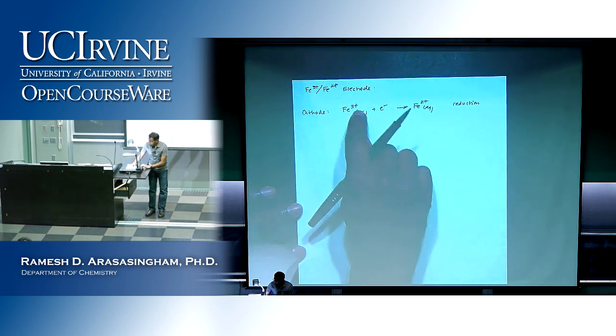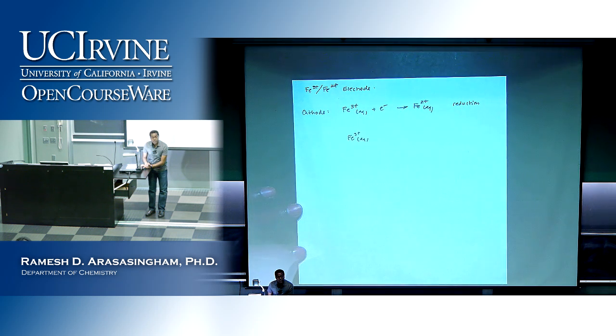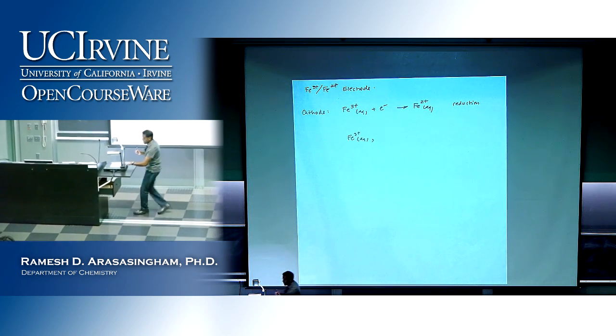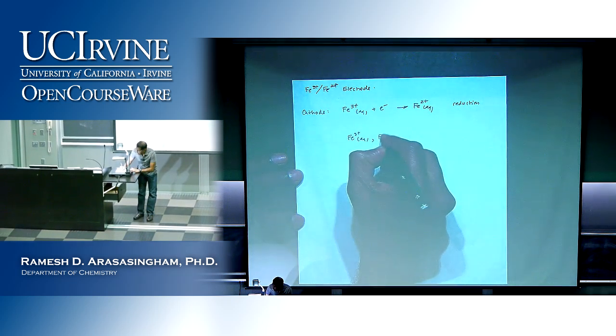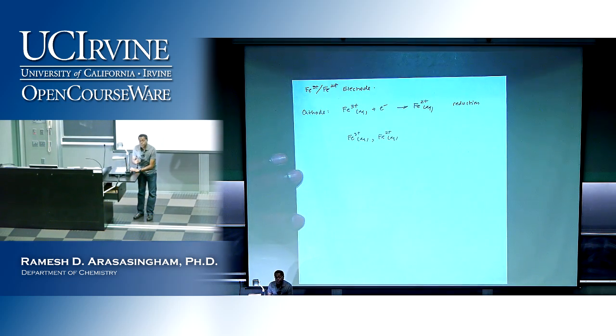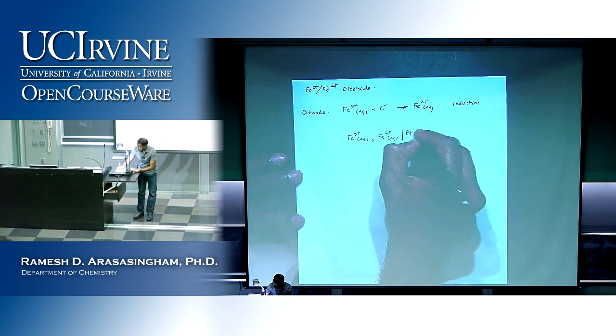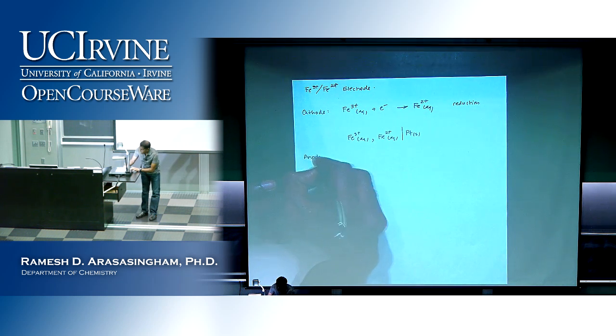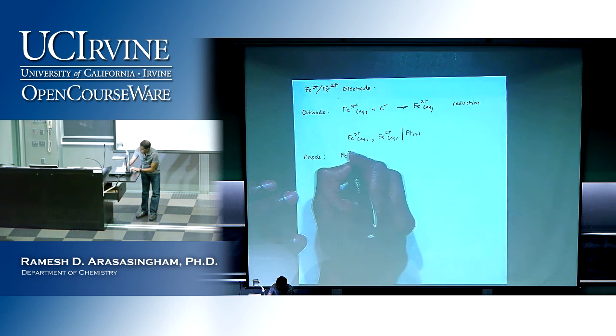Okay? Now, if you look at this, there is no change in phase. They're both aqueous. They're in the same phase. Therefore, when you have the same phase, you use a comma to indicate that. You only use a vertical line if you have 2 different phases. Okay? So I'm going to use a comma there, and then I'll have Fe2 plus aqueous. Now I have a change in phase because I'm going to bring the platinum metal, and that's what this would look like. Okay? If this were the anode, now you would have the oxidation, so this would be Fe2 plus